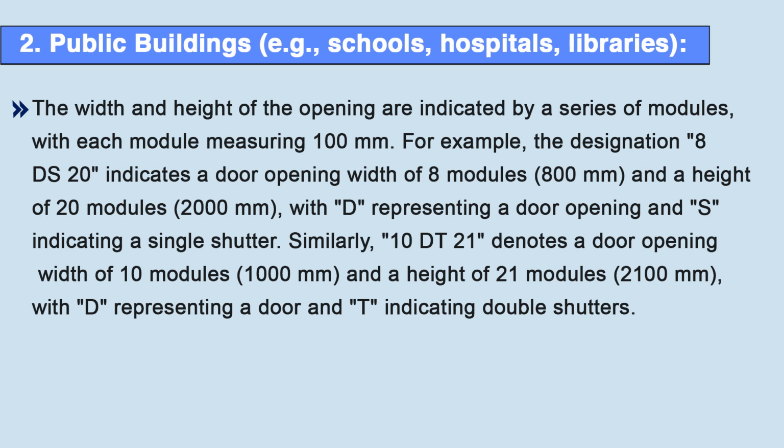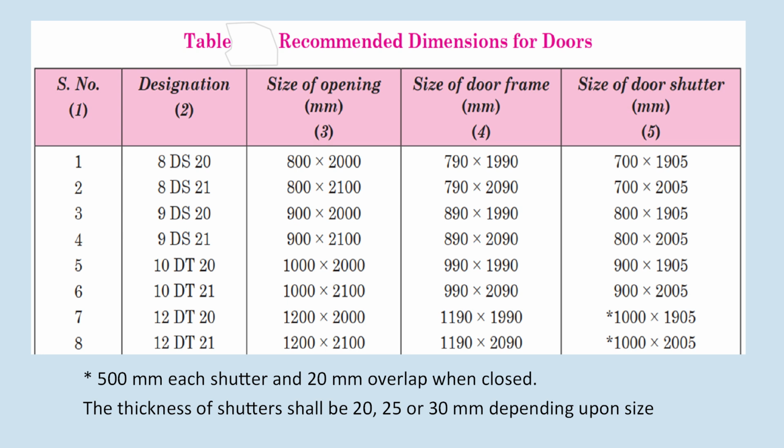10DT21. What does it denote? It denotes a door opening which is having width of 10 module. 10 module means 1000 mm and height of 21 module means 2100 mm. D denotes door, T denotes double shutter. So, this particular table elaborates different size of the door designation with the size of opening, size of door frame